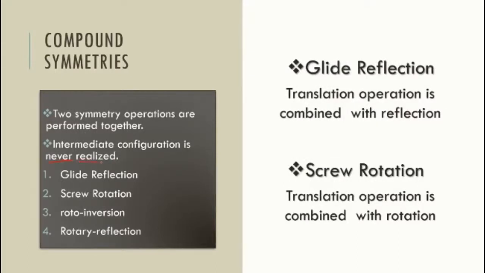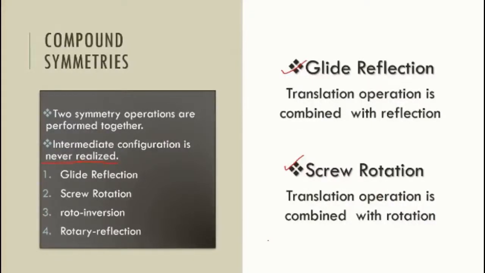A crystal may have a symmetry element with translational component. Pure translational operation, glide reflection and screw rotation operations have a translational element. We have already discussed the pure translational symmetry. A mirror plane in combination with translation gives us glide plane. Also, a proper rotation in combination with translation gives us screw axis. In both glide reflection and screw rotation, the translation is microtranslation. This means translation of one unit relative to another is in fraction of repeat distance.